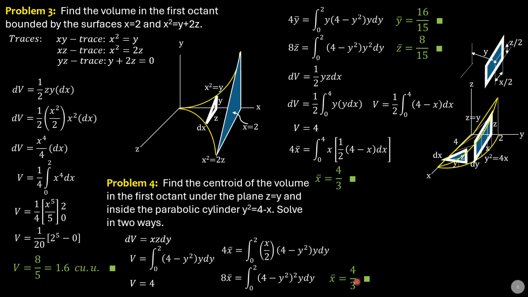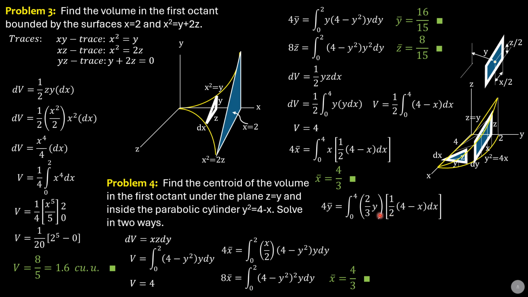This is the same as this. Then volume 4 times bar y equals integral of y sub c dv. Y sub c is, of course, this is a triangle, so y sub c from the vertex to the centroid is 2/3 of y. So for bar y equals integral 0 to 4, this is y sub c, 2/3 of y. The centroid is here of the triangle, then that's 2/3 of y, that distance there. Then differential volume, we copy this one, 1/2 quantity 4 minus x dx.